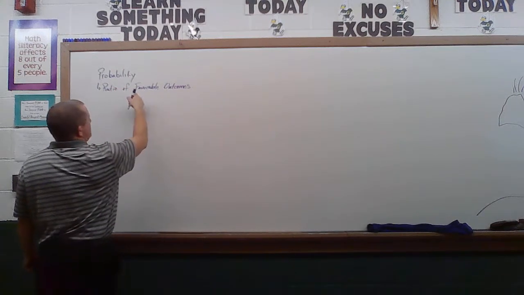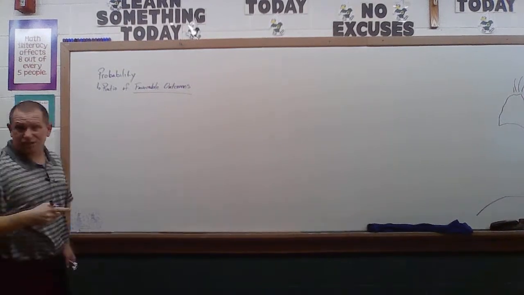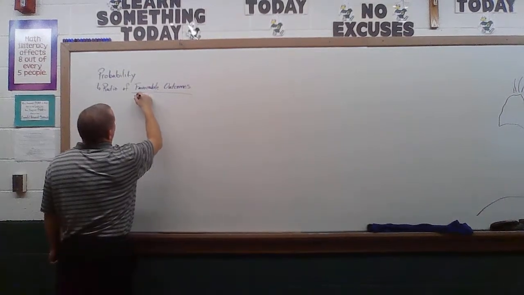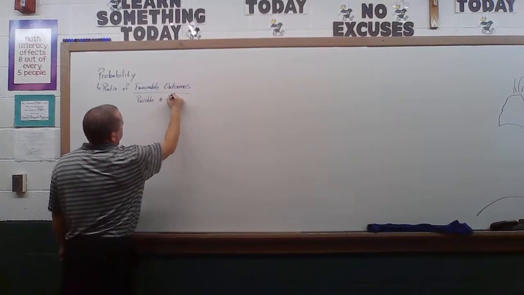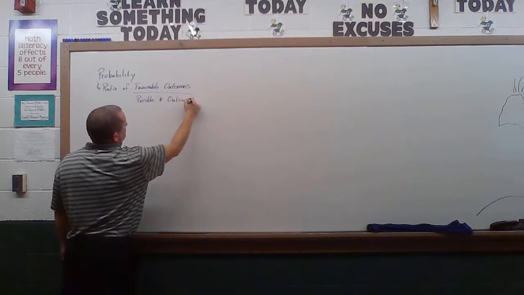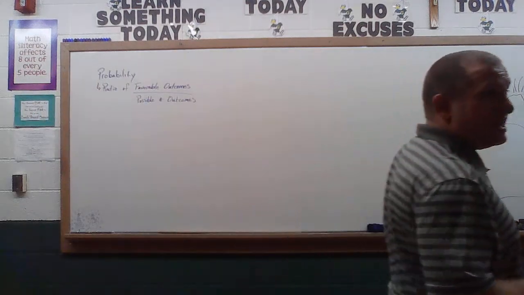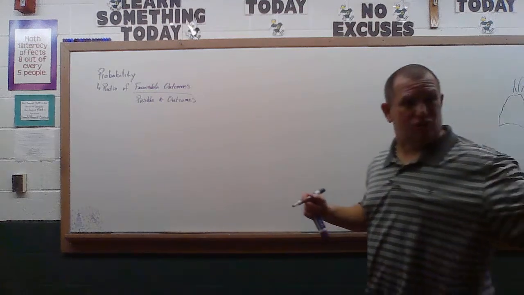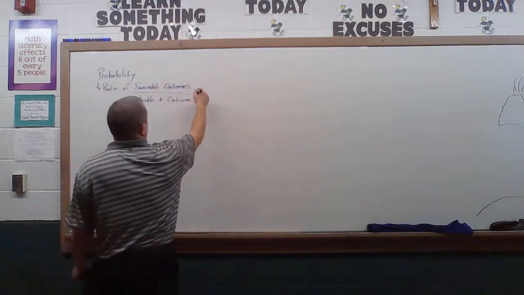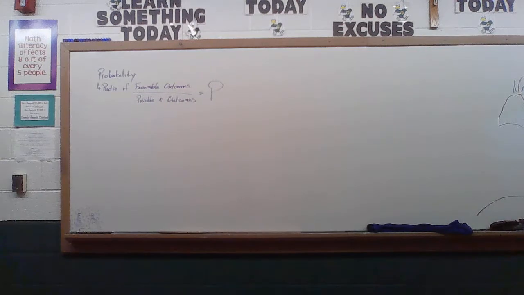Ratio of the favorable outcomes over, because remember a ratio is simply a fraction, right? Over the possible number of outcomes. Okay? So what's that mean? That means in my jelly bean scenario, it would be how many jelly beans are either in my hand or in the total. So the possible outcomes is the grand total. All right? So realistically, we're going to say capital P is equal to that ratio right there.